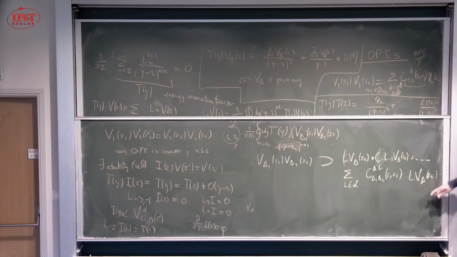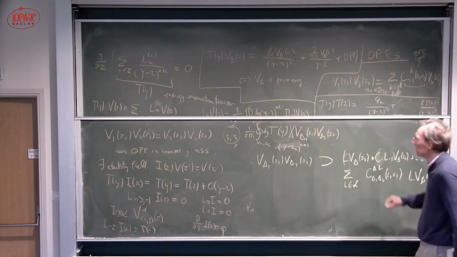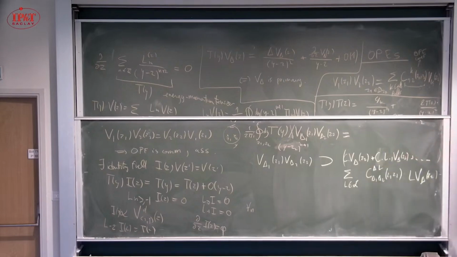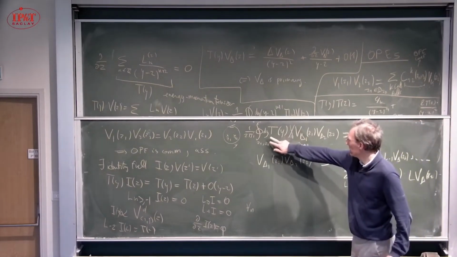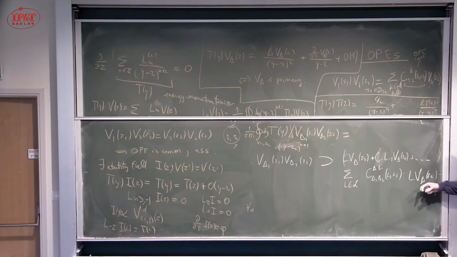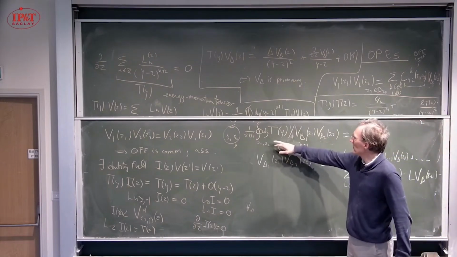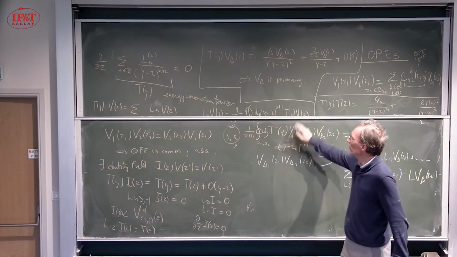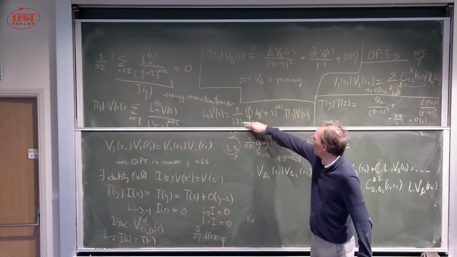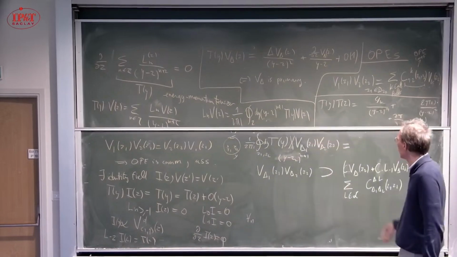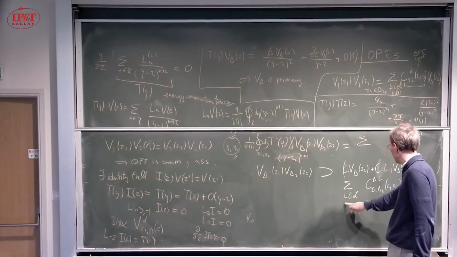Right? All these fields are supposed to be linearly independent, so I'm allowed to focus on one primary field and forget all the others, and just look at its contribution to the OPE. Now, if I apply this integral of T(y) to this OPE, here I only have fields at the position z2, and I have chosen a combination of T which gives me the action of L_n on this field. So I just get the sum,